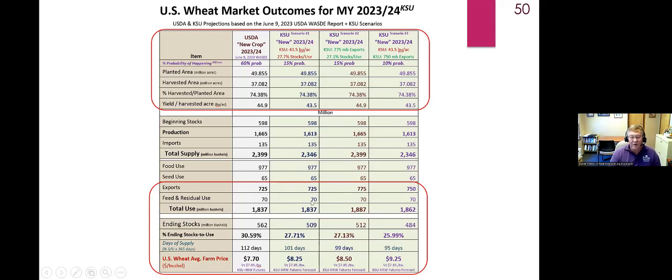So you've got one way or the other. There are a number of scenarios. If 30.6 stocks to use is awfully tight, there are some things in the U.S. that could take us even tighter, and that 770 would be low relative to a lot of these things happening, especially if we get a combination of tighter production and exports having any strength at all. So you almost have to, you feel like being optimistic and then ducking behind a rock